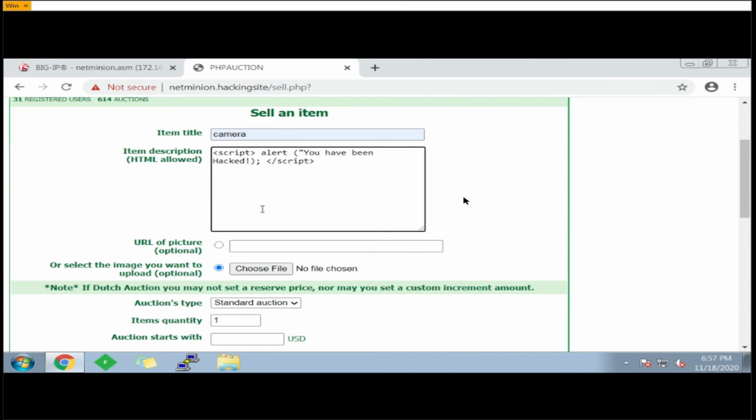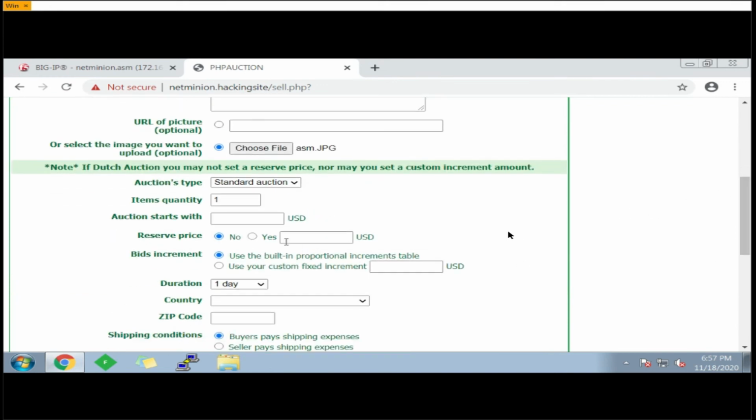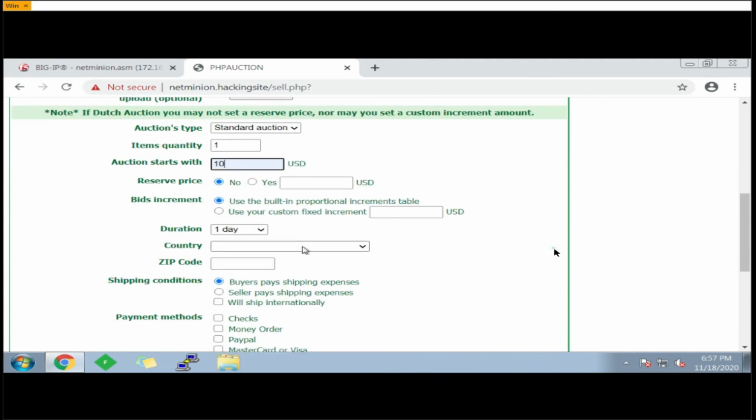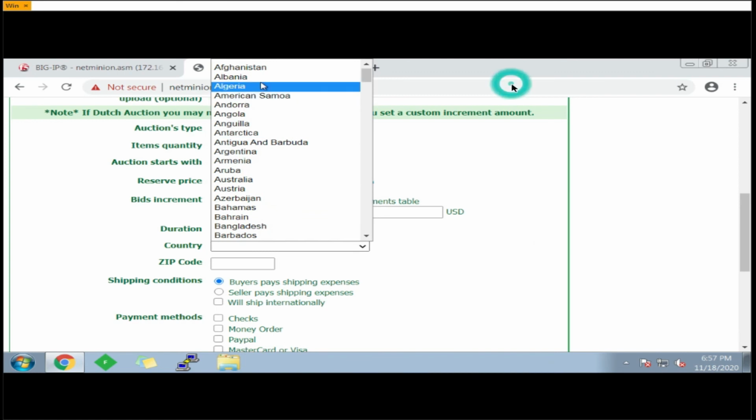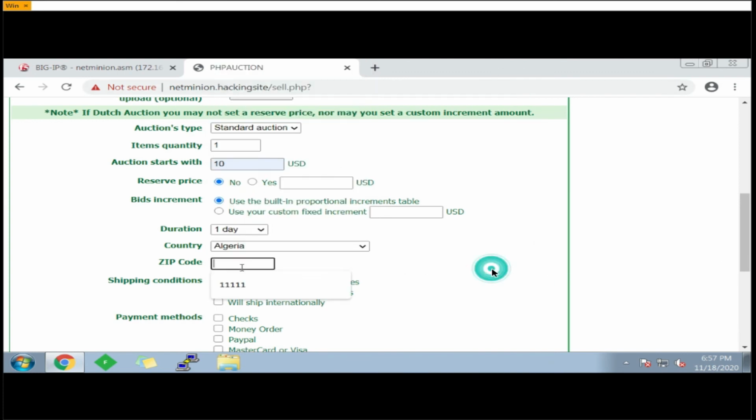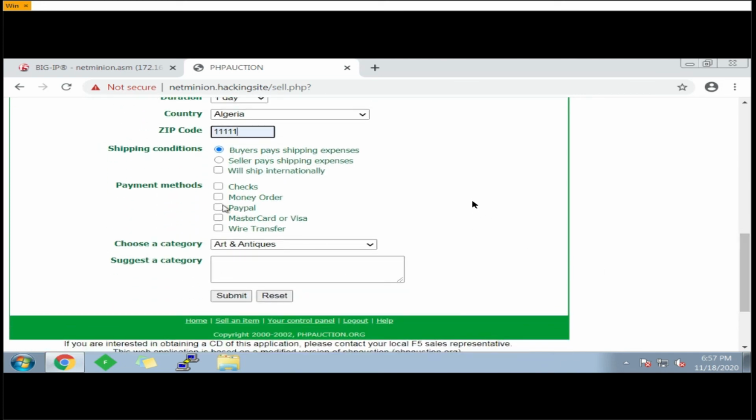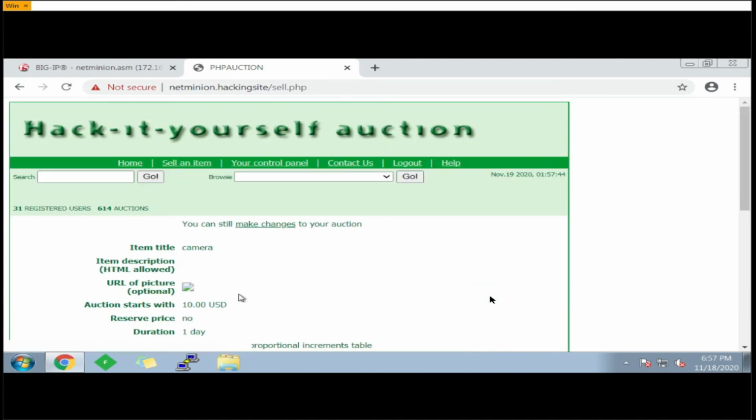Okay, so I need to maybe select a picture. Let me use this picture. Then maybe the auction starts from 10. You can select 10. Reserve price, duration 1, country, any country I can just select, any zip code I can select. Maybe I accept the money order. Okay, and when I click on submit,